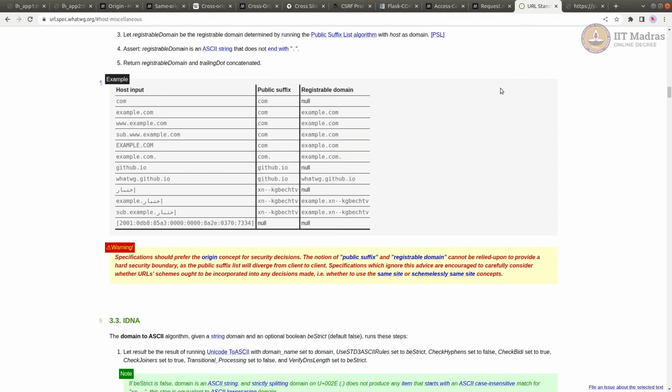Now, where do we use same site? Same site is used when setting up and sending cookies. As you would know, we used cookies for logging in one of our previous sessions, but when setting up the cookies, you can set them for the same site or shared across sites. Cross-site cookies can be allowed, but it's insecure. So most of the time when we set up cookies, we would like to set up same-site cookies. We can easily check that. For example,